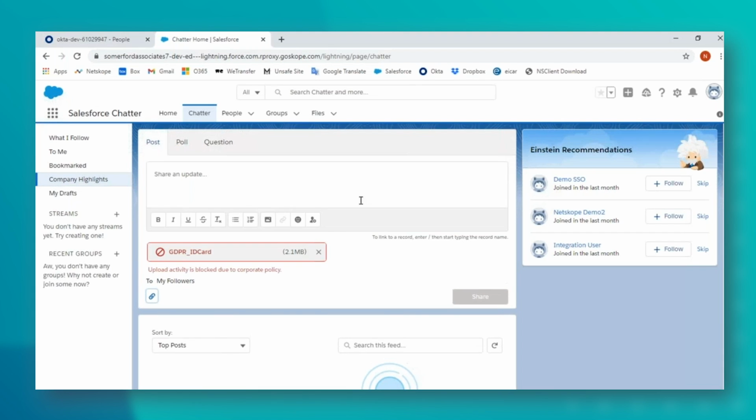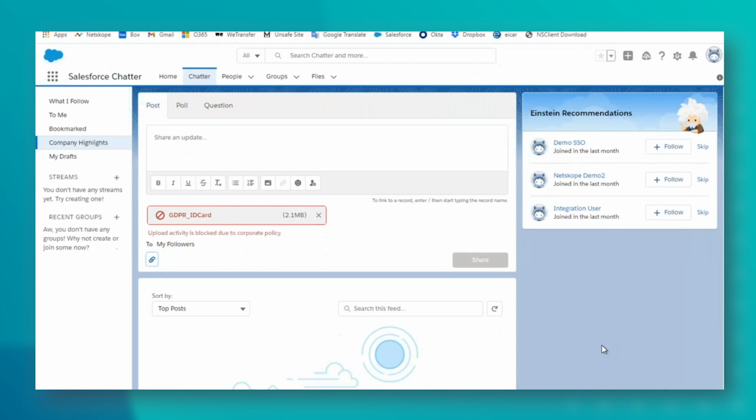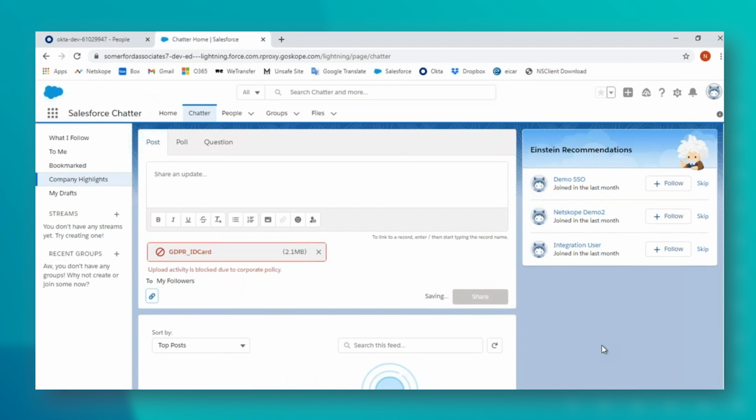And you can see it's blocked by corporate policy. Now, I don't get a warning this time because I have no client running, but the policy is still being applied. And the way that's being applied is, if you look at the address here, we now have a Netskope reverse proxy URL embedded into our overall URL here, which means we are actually still going via the tenant.